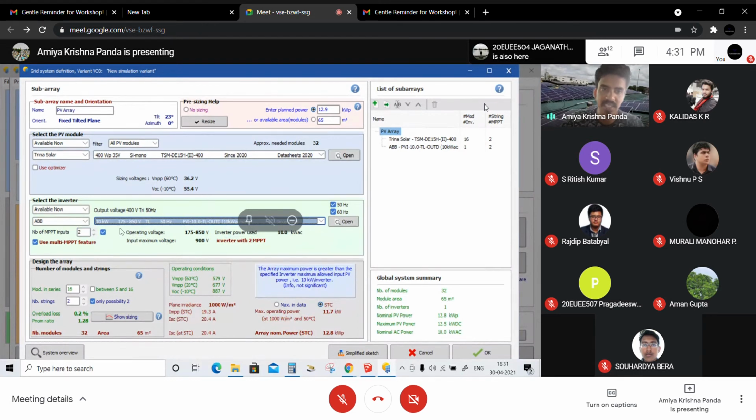Now here you can see we have chosen a specific module and a specific inverter. Why is it so? Because when we design a PV plant, there is a variety of products available, like solar module, solar inverter, which are the main priority, and solar structure, which is a different part. Always when we are designing anything, the main product of that specific project becomes more necessary. We need to consider a specific product which has the best efficiency and is suitable for my project as per the pricing and all.